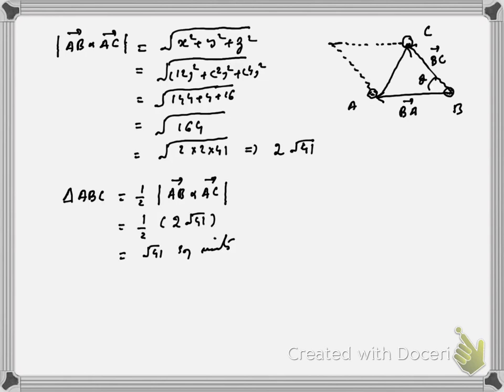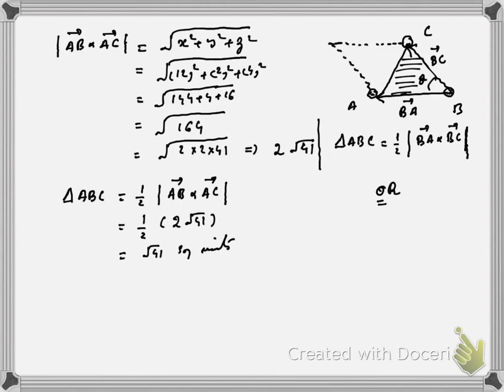We can also find area of triangle by using these two vectors. So area of triangle ABC is equal to half of magnitude of B to A vector cross B to C vector,